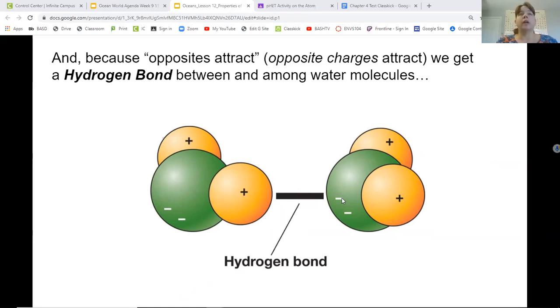Hydrogen bonds are not nearly as strong as the bonds within these molecules. The bonds that connect hydrogen and oxygen to each other are extremely strong. Hydrogen bonds are weak. They're strong in terms of what we call intermolecular bonds, but they are still overall very weak. They actually break apart and reform all the time, whereas the bonds within the molecule do not. So hydrogen bonds are temporary, but they do form, and this causes a significant effect on the properties that